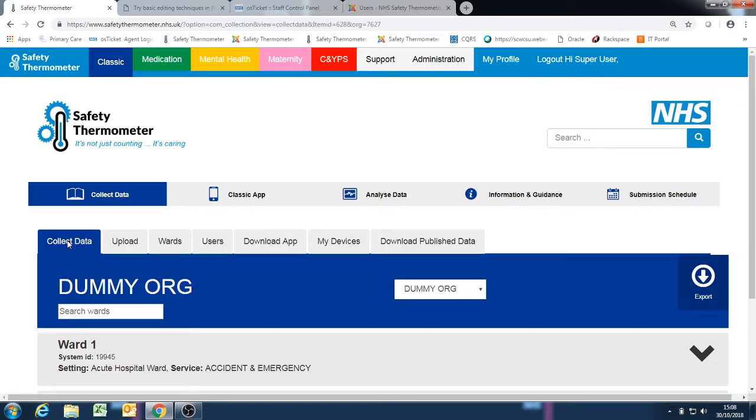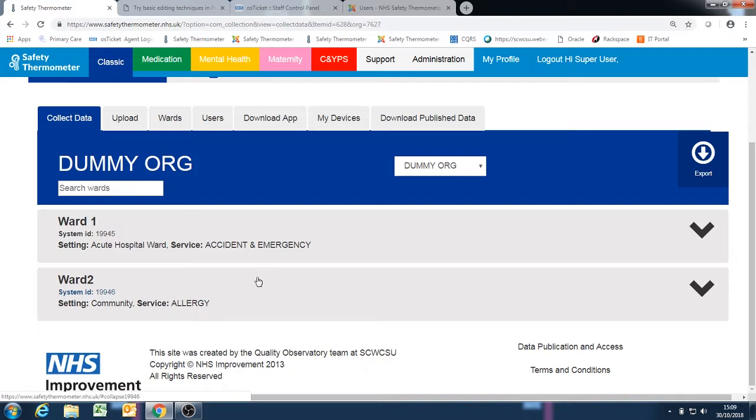Once in the Collect Data area, the page will default to your own organisation. If you're assigned to more than one organisation, you will need to choose it from the drop-down menu here. Below this, you will see a list of wards within your organisation. In this case, we've got Ward 1 and Ward 2. If you click on the ward you'd like to add a survey to, like so,